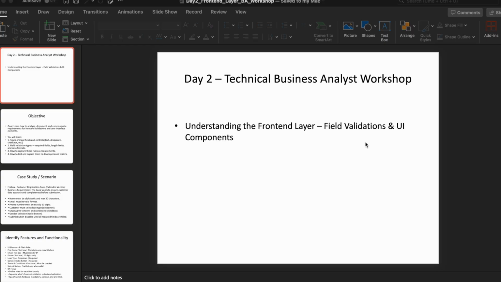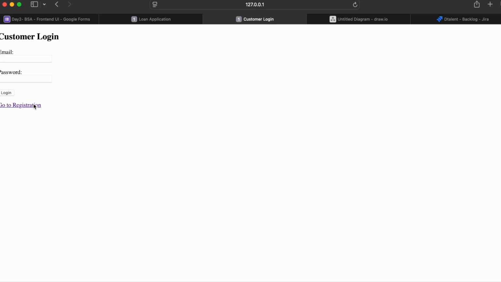Yesterday in day 1, we covered how to identify features, write user stories, and explain the user story to the technical team for the customer registration. This is what we did yesterday. We took the customer input and all the way we stored it in the database. So yesterday we validated this change. Okay, so today,